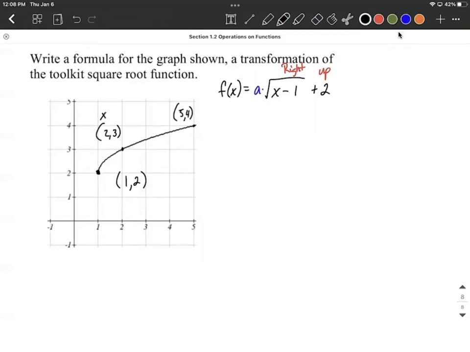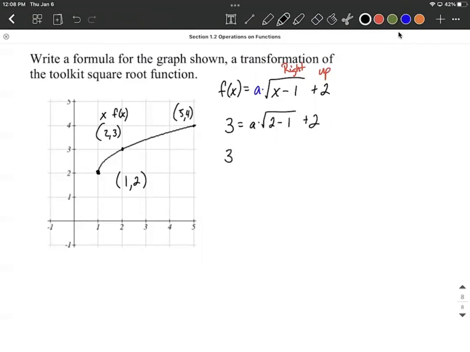Now 2 is going to be an x value and 3 is going to be a y, or f of x, value. So I'm going to take these two numbers and plug them into the formula we're creating over on the right-hand side. For f of x, I'm going to replace that with 3. And for our x under the radical there, I'm going to replace that with a 2. Okay, now we have an equation that only has one unknown, the a, everything else is constants. So let's go ahead and solve this down for a.